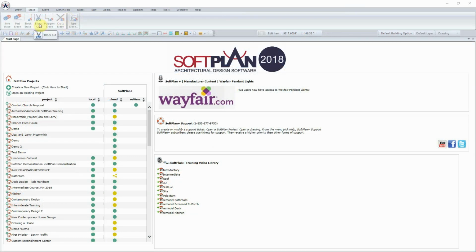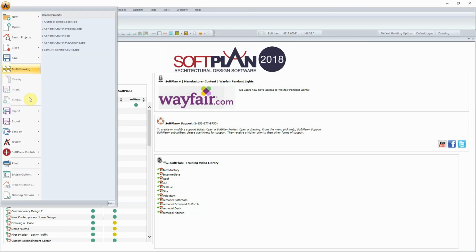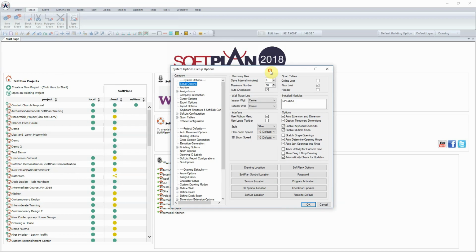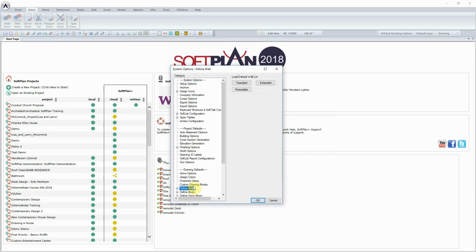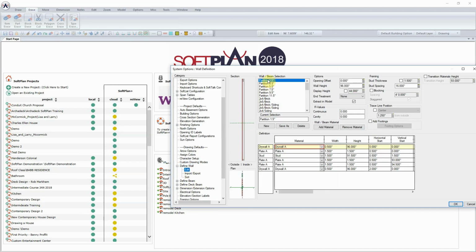To start, we're going to come in and create a new project. Now, prior to that, I'm going to just show you through the system options the different wall types that are available to you. So clicking on File and System Options and scrolling down here to the Define Wall list, you will see that by default, when I edit this list, we have a set list of walls there, which can typically be used for new construction going forward,